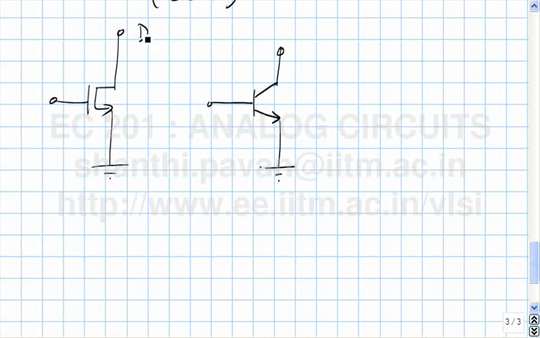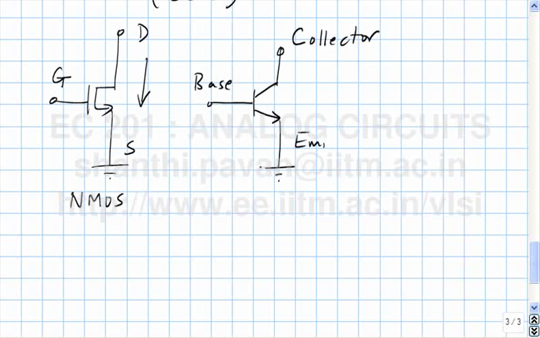In the MOS transistor, this is the drain, this is the source, this is the gate. This is an NMOS transistor. The bipolar transistor, this terminal is called the collector. This is called the base and this is called the emitter. And quiescent current flows again from the collector to the emitter. This device is called an NPN